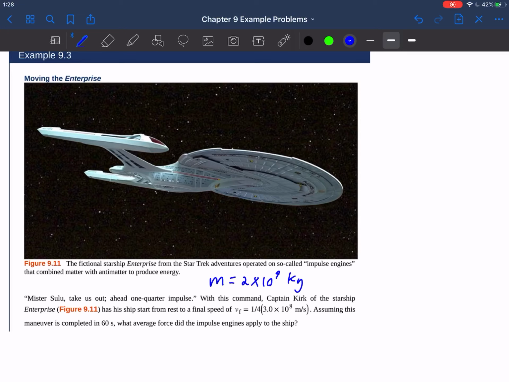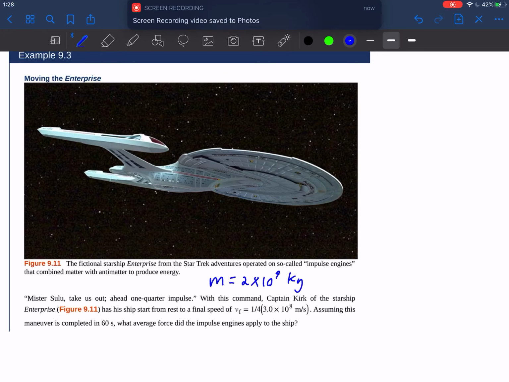Okay, so let's go through example 9.3 from the OpenStax textbook. This is kind of a fun Star Trek problem. And so we have the Starship Enterprise. They tell us elsewhere in the book that the mass of the Enterprise is 2 times 10 to the 9 kilograms. And in this problem, the Starship is initially at rest, and then Captain Kirk says, put the Starship at